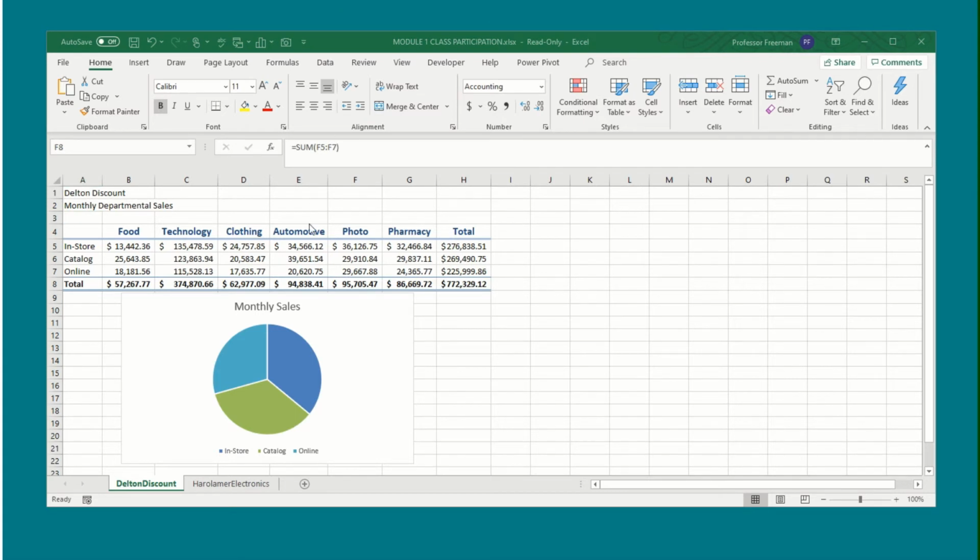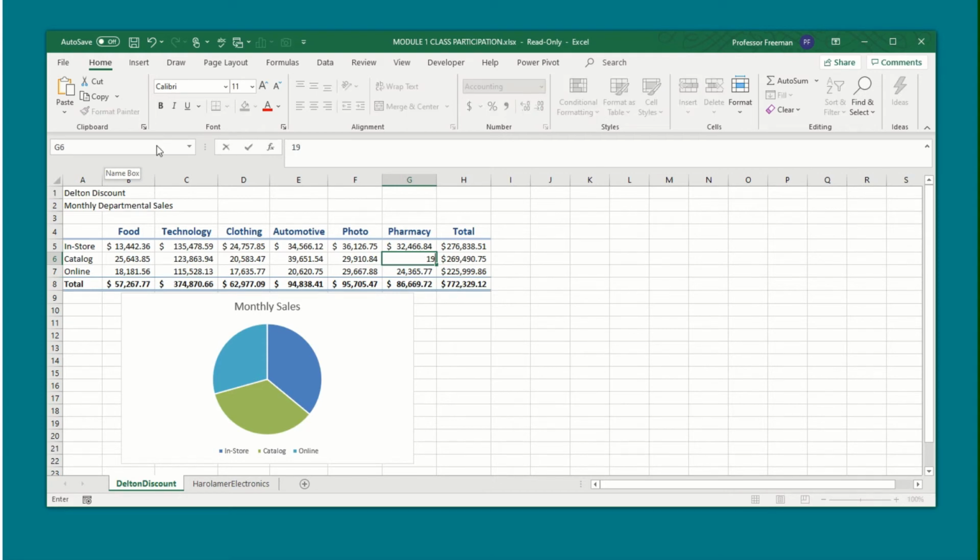So I'm going to do one more on the video with you just to show you that I've actually been coming up here to the name box at the top left and typing in the name of the cell, G6 for example, this is the last one, just to make it a little bit easier to navigate to that cell, not have to think about it so much. Okay,